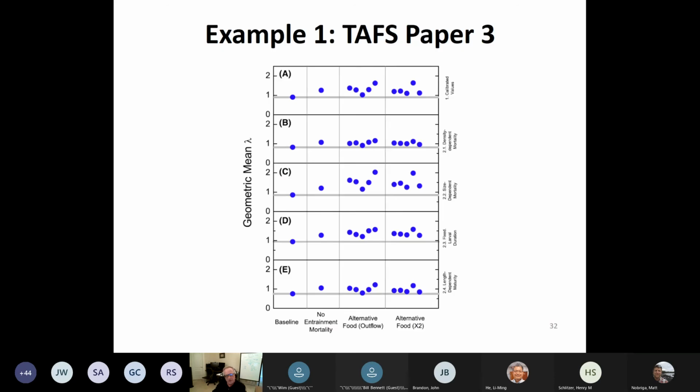And what you see here is the geometric mean Lambda. So that's going to be the change in the population over the, what is this? I think this is 10 years, or maybe 15 years. I should probably know that by now. 10 years. And there's baseline, and it's A, B, C, D, E. What's that? Well, we addressed some of the uncertainties by saying, look, we don't know if there's density dependent mortality, and we have to worry about that, because if we put in higher levels under old food conditions, abundances may go up and maybe density dependence kicks in. So we came up with a way to do density dependence, that's B.